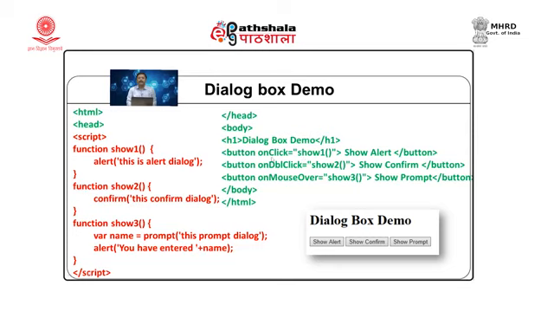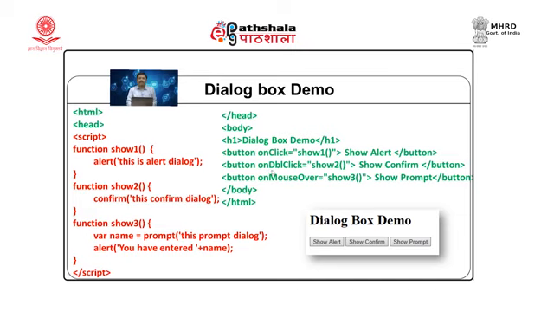So, you have to write down onclick, which is the event handler for the click event, and it is equal to the function that you want to call when the user clicks on this button. So, this is how show1 works. Now, in the second button we want to perform a double click.